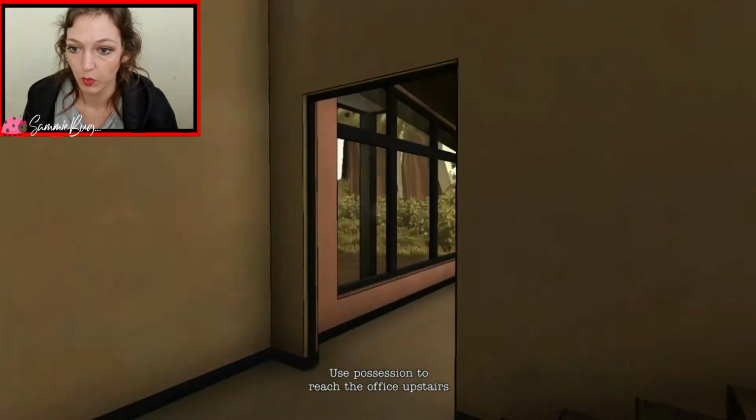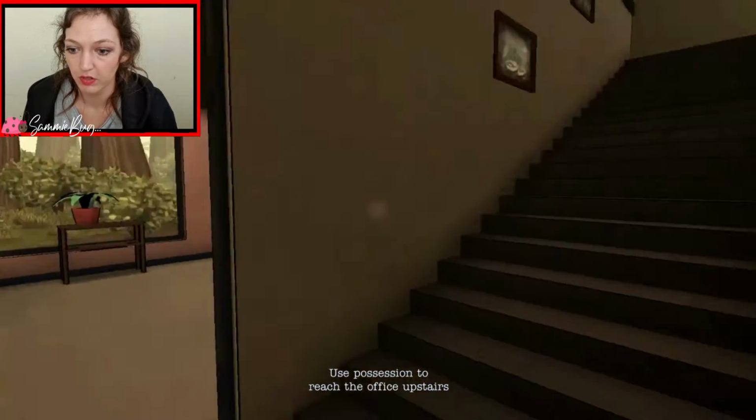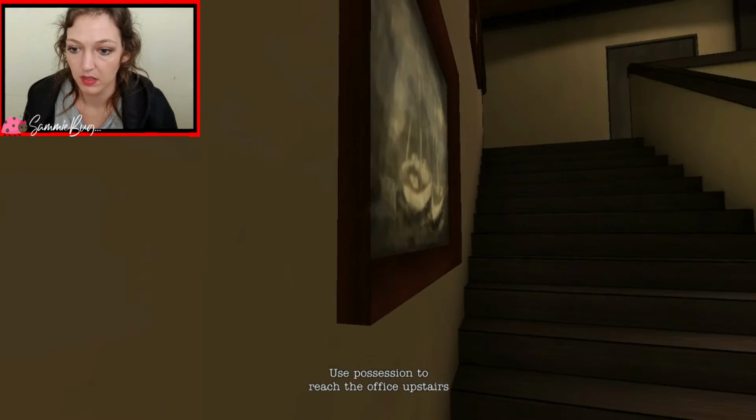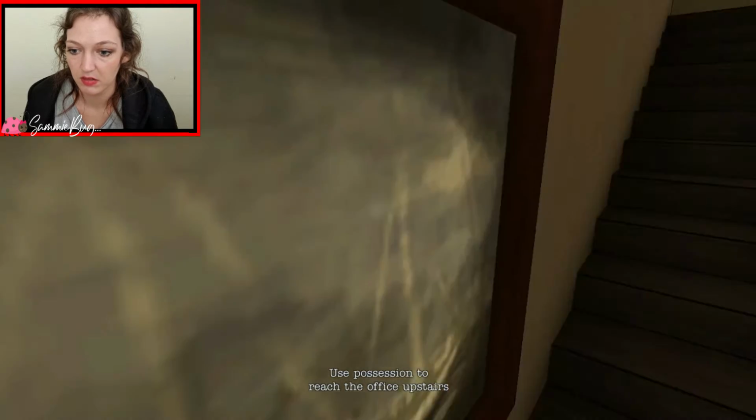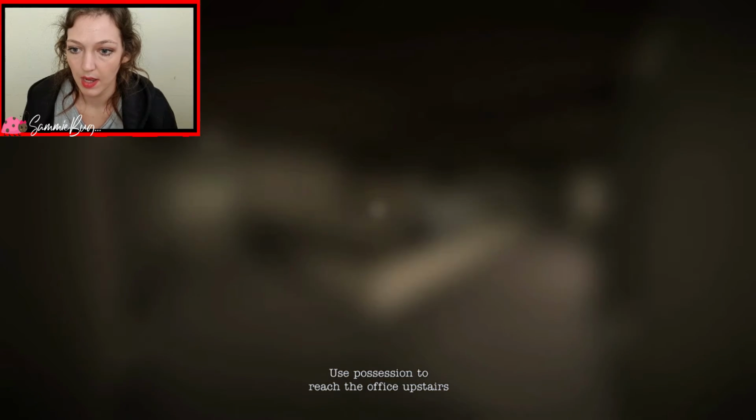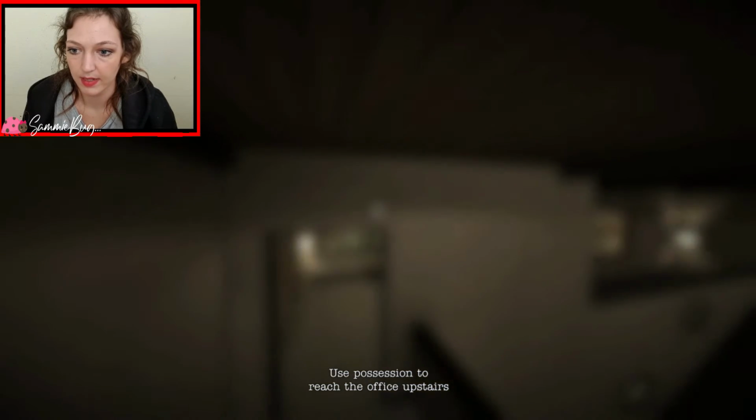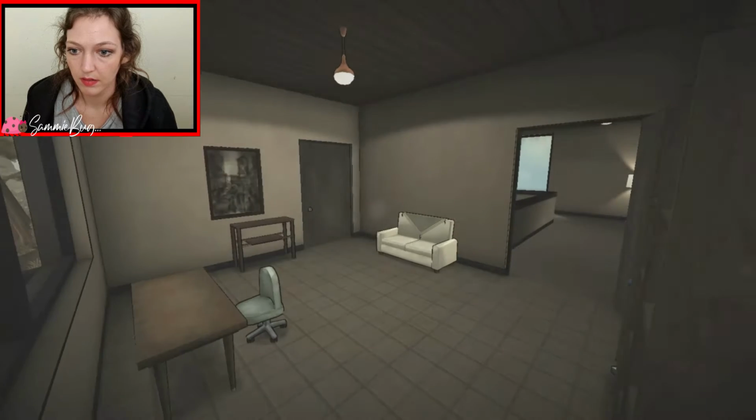That's weird how we can just move from one place to the other. Can we do space for this? No. Like that. Okay, I get it. That's pretty cool. You can just jump from one place to another.